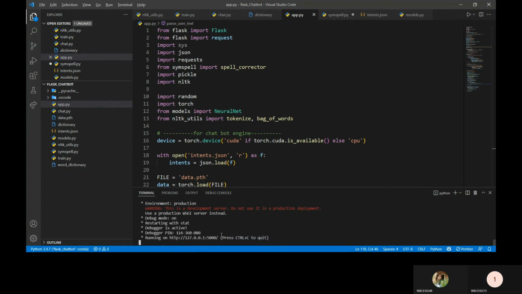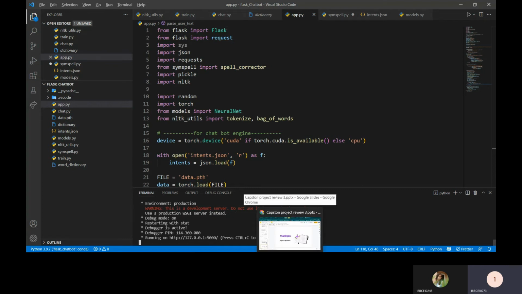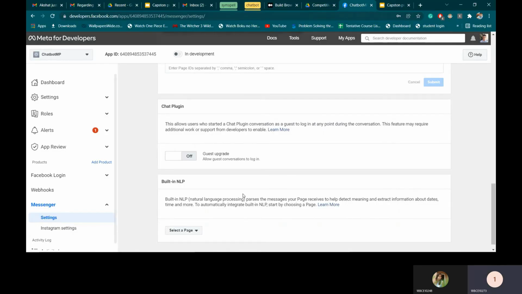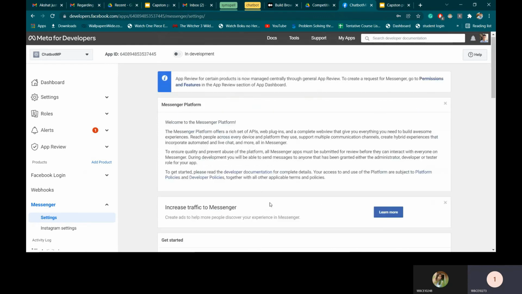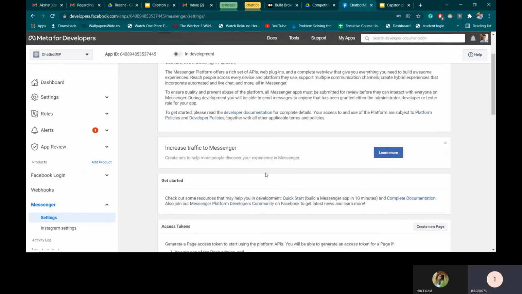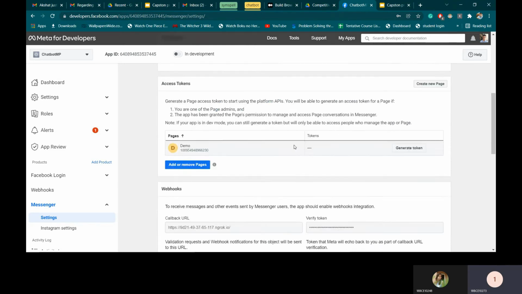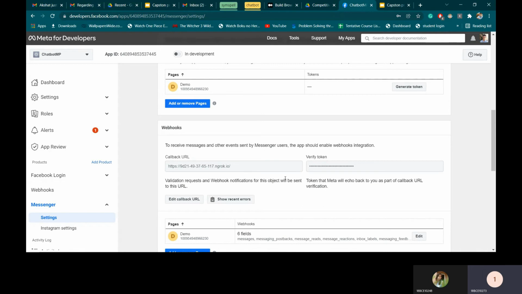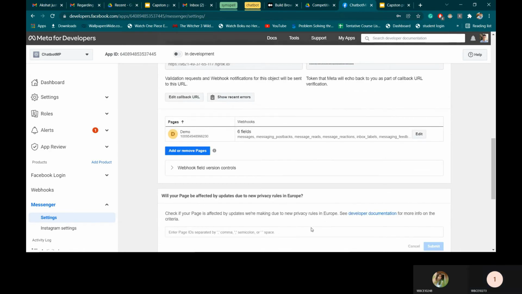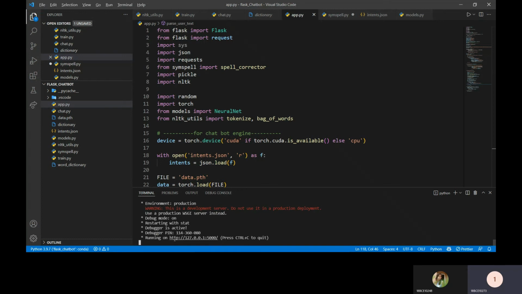Okay, so our server is now restarted, and it is running on the HTTP channel. After this, we have connected our server to the Facebook developer page. This is the Facebook developer console where we have made our chatbot project and connected our server to it. But for our server to connect with this Facebook developer console, we needed a secured channel, which is HTTPS. But right now our server is running on HTTP.